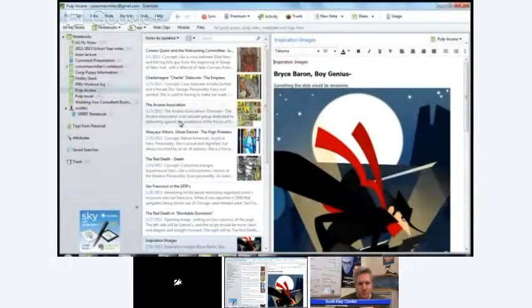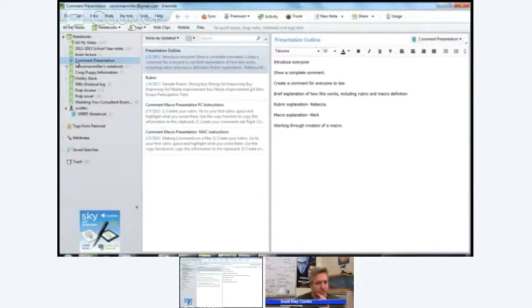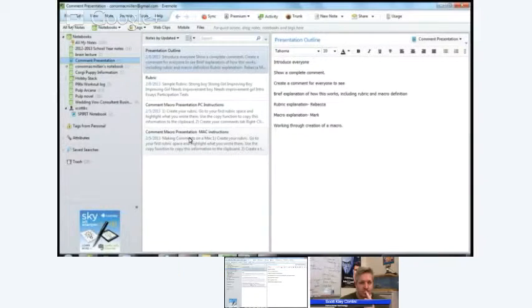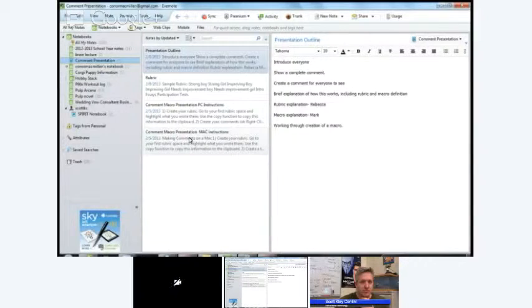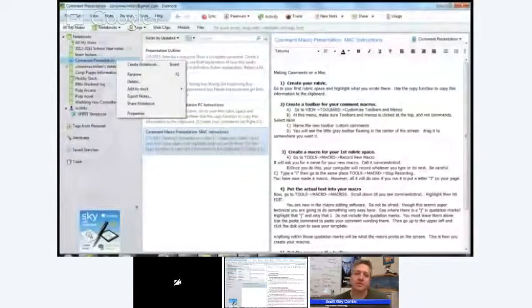The other thing I would throw out there is that I did use Evernote for a presentation I did, and one of the things I loved about this is I could work on it whenever I had time, and then I ended up sharing the entire notebook that I had worked on with the people who attended my presentation. I could just add to the notebook, and as long as they had that link, the first thing I had them do was check their email for the email where I sent the link. All I did was go to the notebook and choose share notebook,